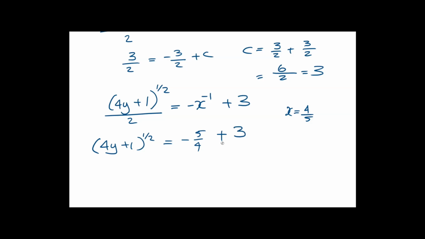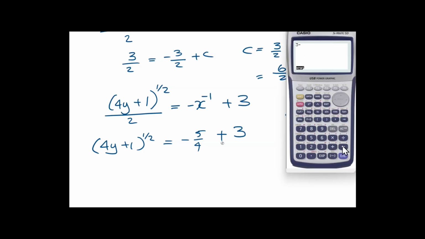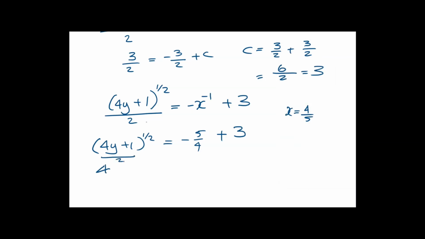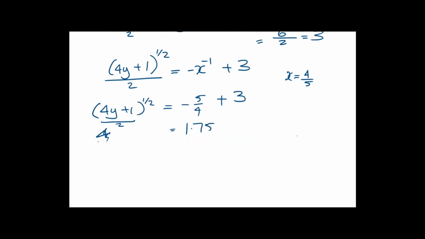So negative 5 over 4 plus 3, you have no idea what that is. Always put brackets here. Negative 5 over 4 plus 3 is 7 over 4, 1.75. Oops, that should be over 2. 1.75. Okay. It tells us if we multiply both sides by 2, we get 4y plus 1 square root